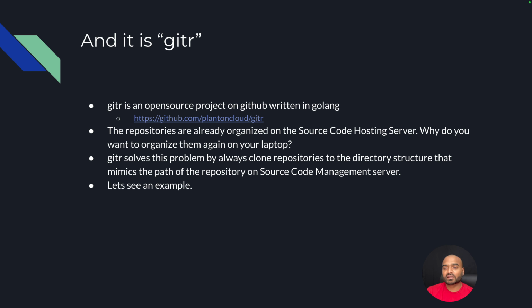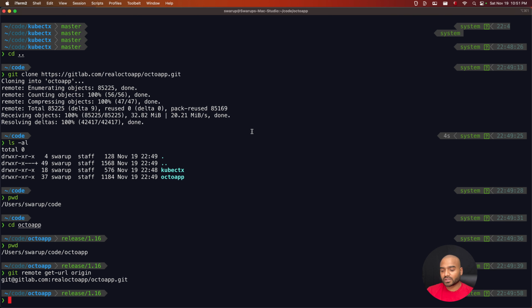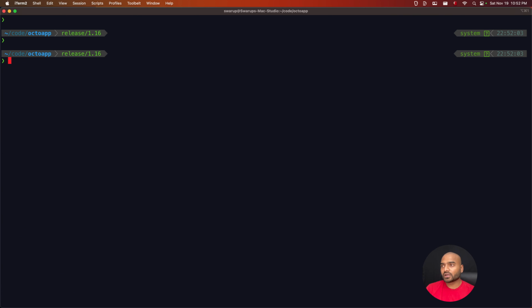So let's see examples of how this works, and we will essentially try to repeat the same steps that we have done previously to clone the repositories, but this time instead of git we will use gitr. So going back to the terminal, I've already installed gitr, and it is easy to install using brew. Again, starting from the same point,